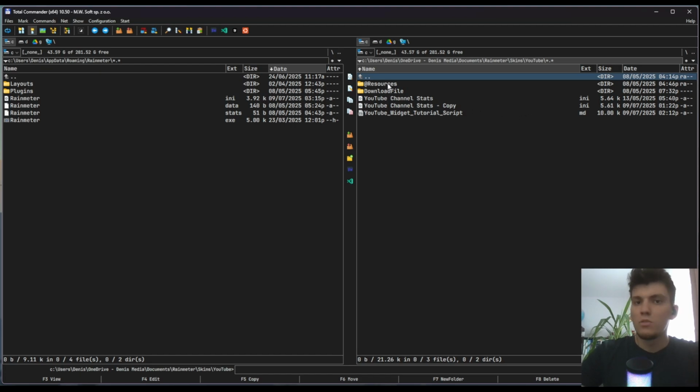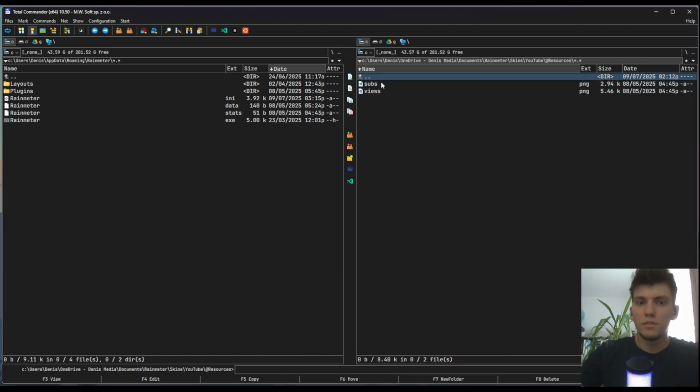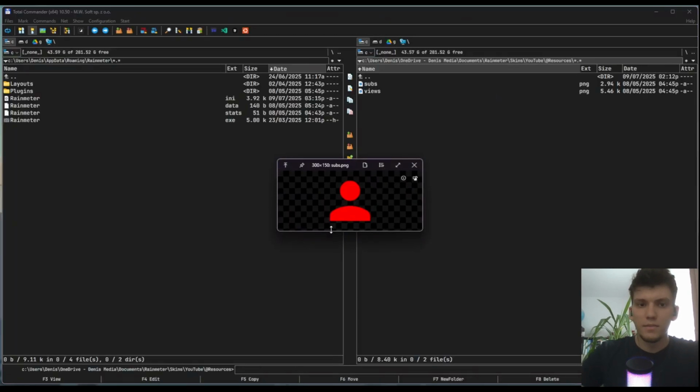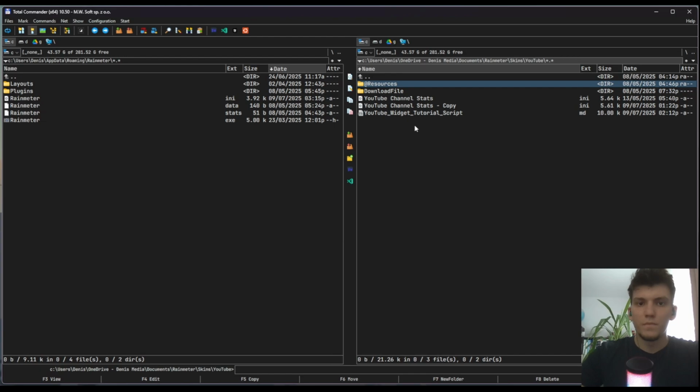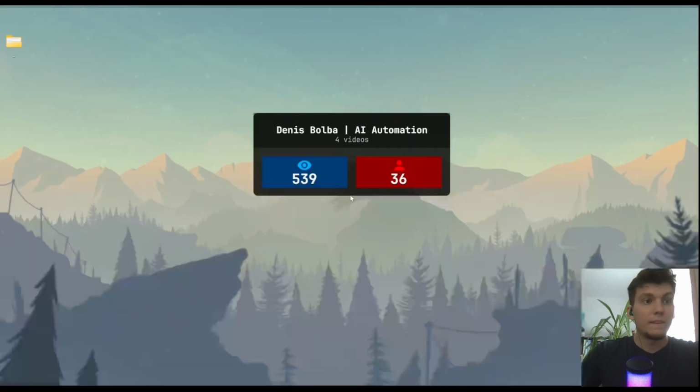Just copy and paste. Don't worry about these ones yet. This one is gonna be in the description as well. These are the icons, the subs PNG and the views PNG. This is what we're gonna use to show it in the widgets. Good. Now let's go into the